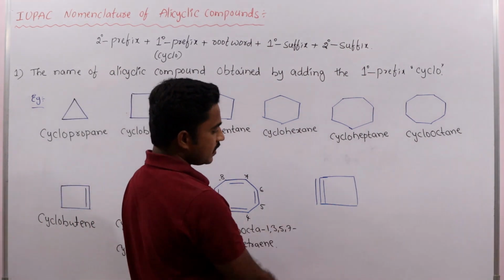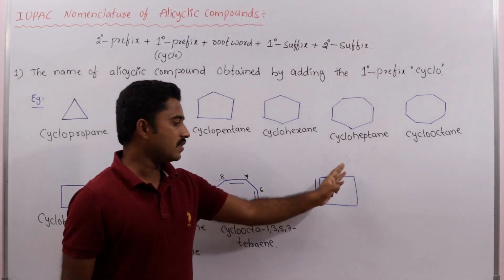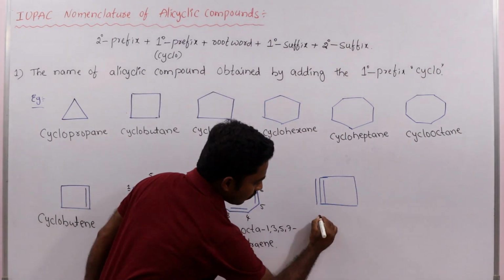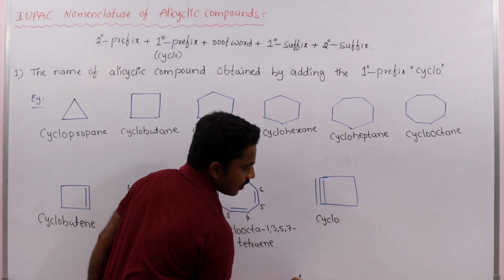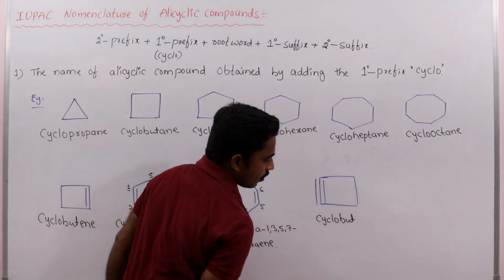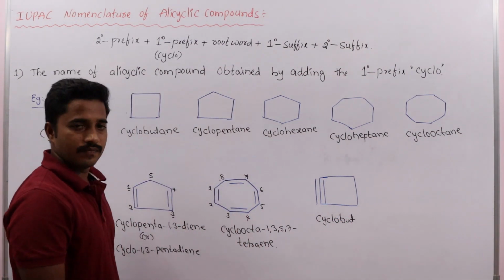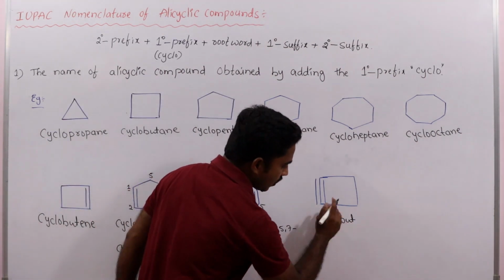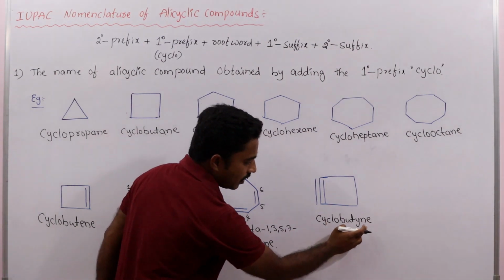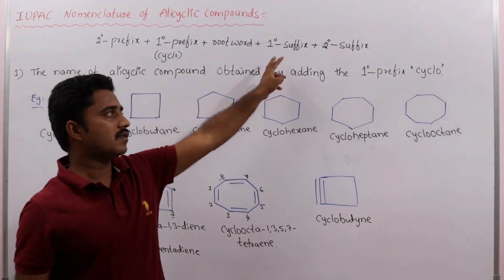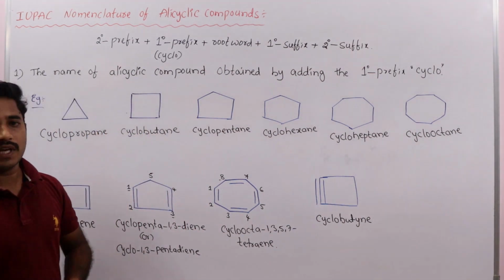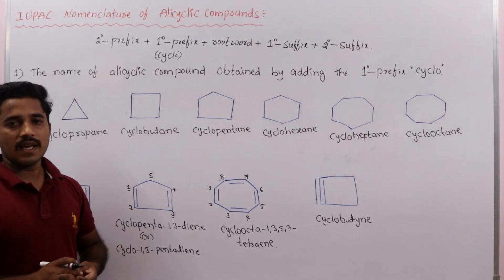So here a triple bond is present in this molecule and this is a 4-membered ring. Then we have to give cyclo as the prefix. When it is a 4-membered ring, 4 carbons are there, that's why you have to write but. Cyclobute, only one triple bond is there. That's why cyclobutyne. Cyclo is the prefix, but is the root word, yne is the primary suffix. Okay, so this is the first basic rule to give names for alicyclic compounds.